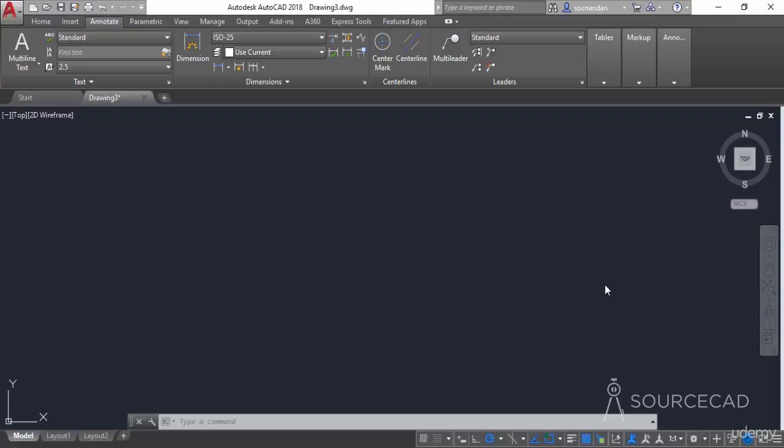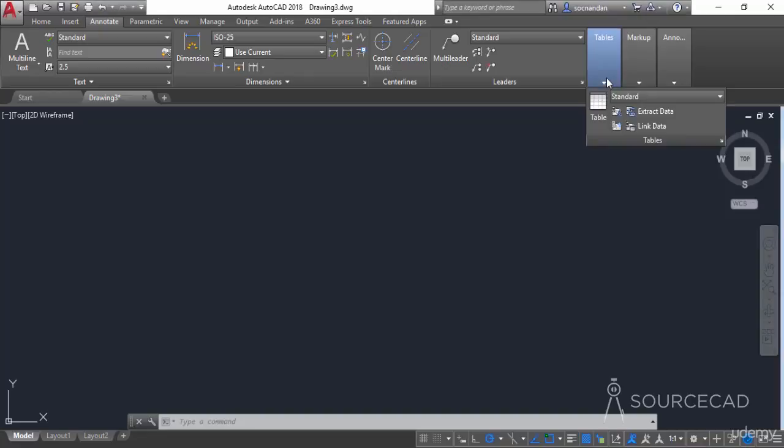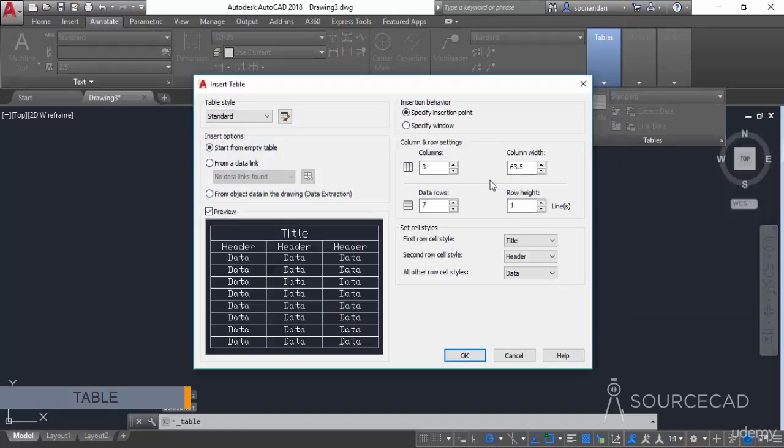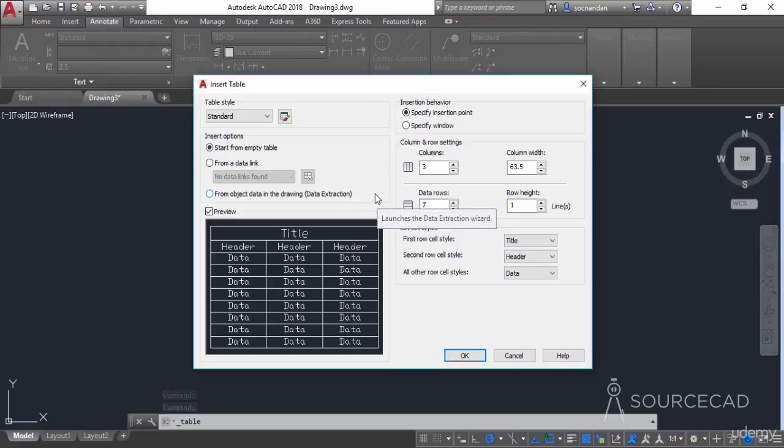In this video, I will tell you about creating and formatting table in AutoCAD. So we can start table from this tables panel of Annotate tab. So when you click on this tables panel, you'll see all the tools which are related to table. So you can use this table icon, or you can also use its command equivalent table. So when you click on the table tool or when you select the table command, you'll see this insert table